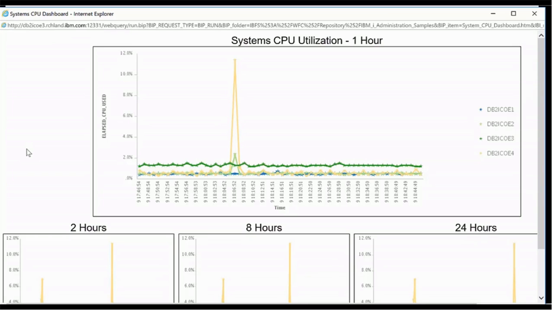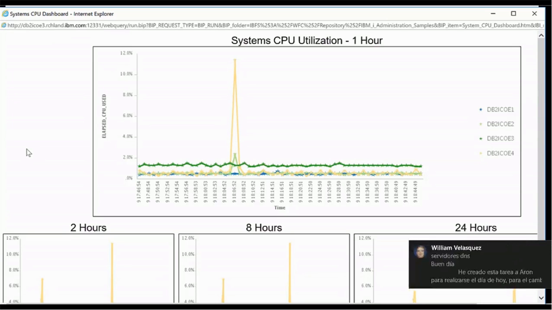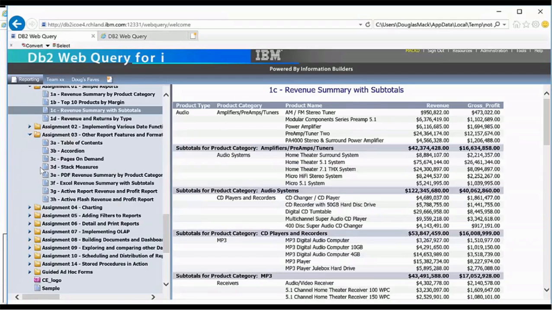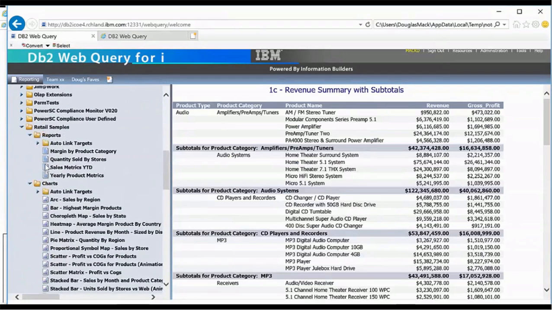This runs in a background job that we've set up to do that, and just for safety purposes, once you start running this dashboard, we kick in that background job, but we end it after 24 hours because we don't want it running endlessly. If you do, give us a call and we'll show you how you could extend that to continue to run. It's just another dashboard example and a self-refreshing thing that's included in that sample portfolio. There's a number of others in here. Again, it's under the systems administration